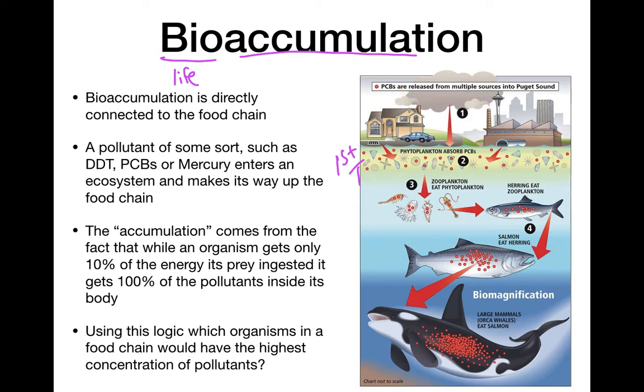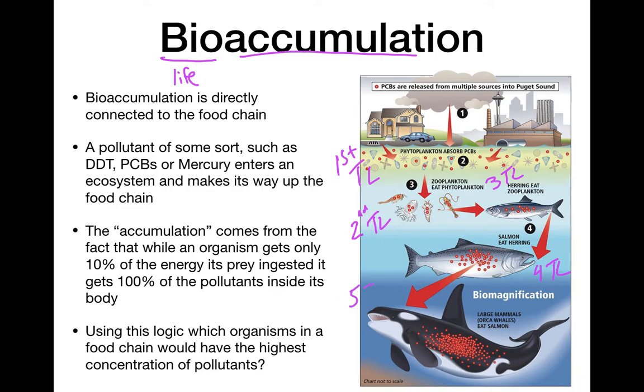And then the zooplankton eat the phytoplankton. They're our second trophic level. So they have a little more inside them. And then a herring eats them, our third trophic level. It has more. And then a salmon eats the herring. That's the fourth trophic level. And then a large whale, like an orca or a seal, could even eat the salmon, and that's a fifth